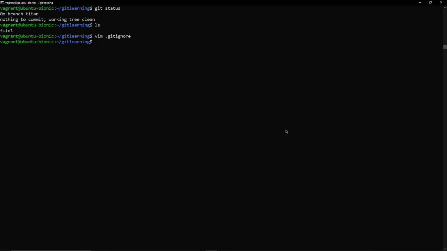So now that we have our .gitignore file, let's create new files. So touch. I'm going to create 3 files, file 2, file 3, file 4. And now along with this, I'm also going to create 2 files that end with .bat. So say sample.bat and output.bat. Now when I do git status,